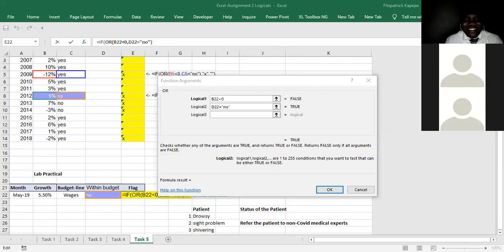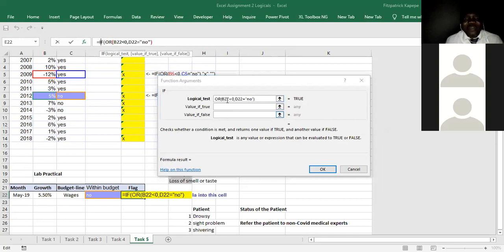Okay, let me just expand it like this, guys. Myra, are we there? Following. Now, I'll go and press on the if, Tamara. I'll press here so that I open the if. So if it is true